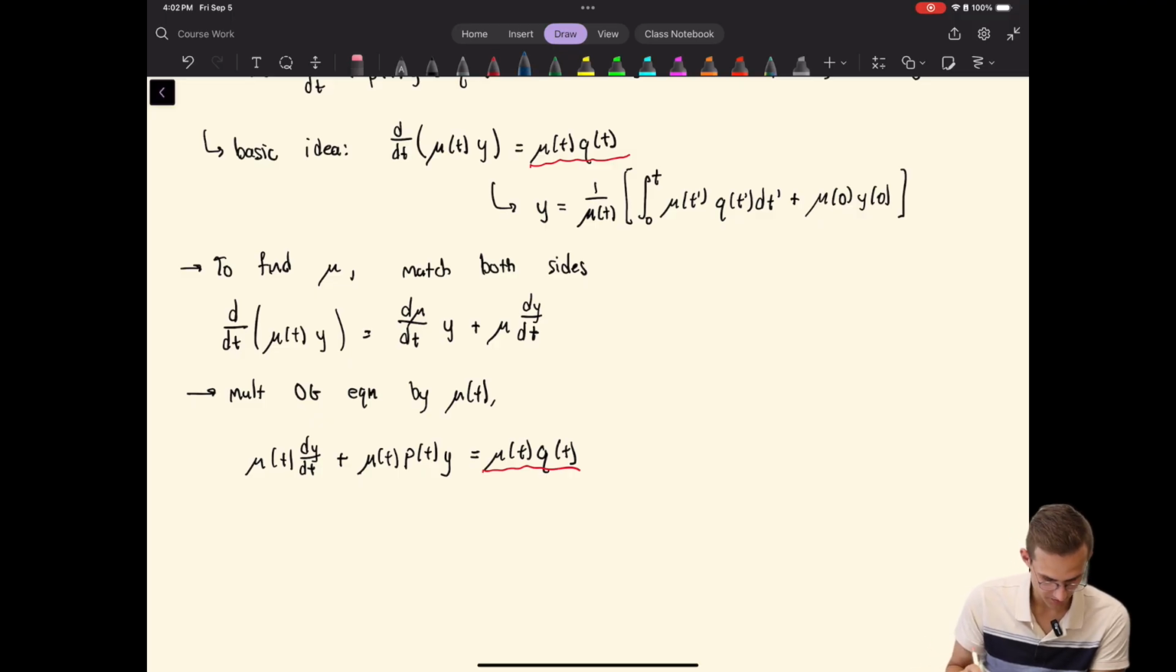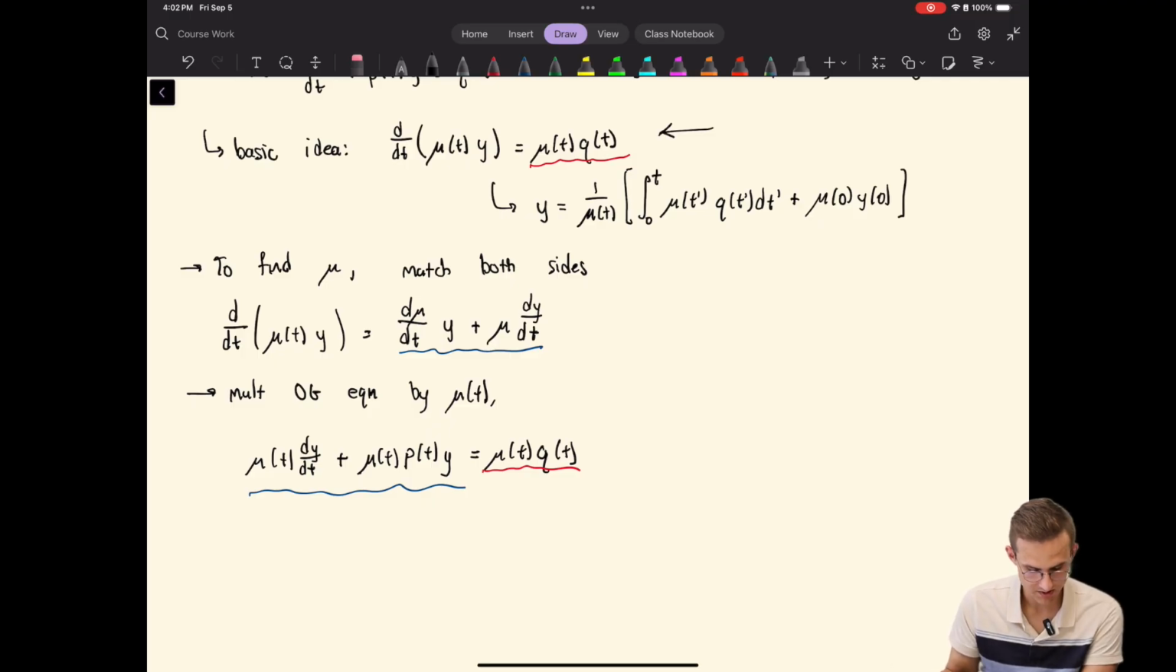So now we can compare the two things that I'm going to underline in blue here. These should be equal to each other, right? If we're trying to build this overall structure here, that allows us to get that simple, or not simple, but defined solution. So if we compare those two things underlined in blue, then what we obtain is that d mu dt is equal to mu p of t,